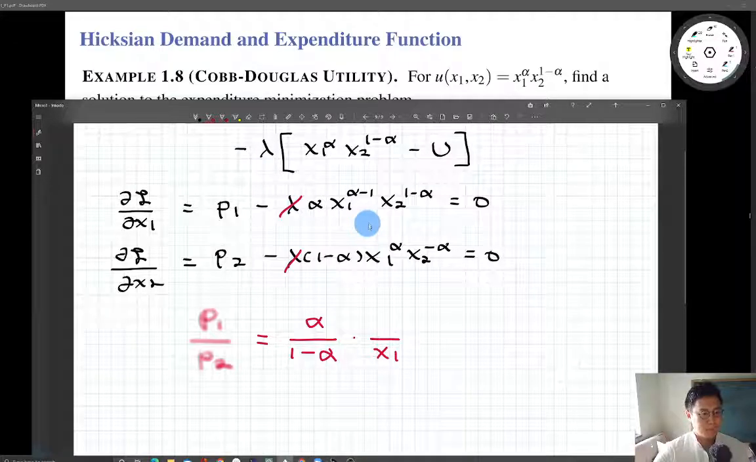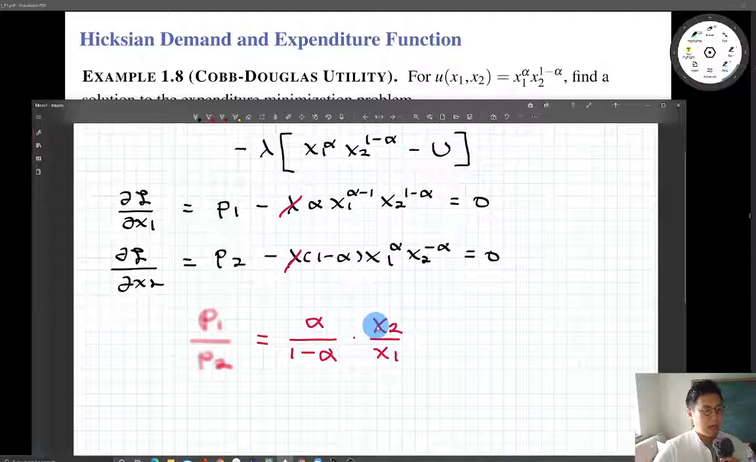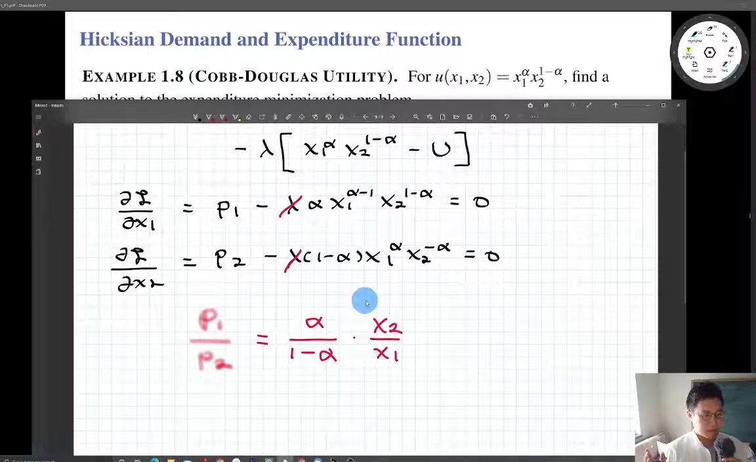On the bottom is x1 to the power negative 1, right? And x2 to the power negative alpha will be cancelled by this one. And then we are left with just x2 on the top. So this way, we can derive the relationship between x1 and x2. And finally, one thing you guys have to be careful about is